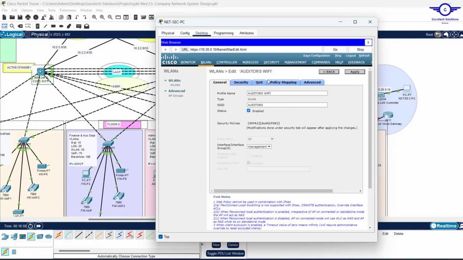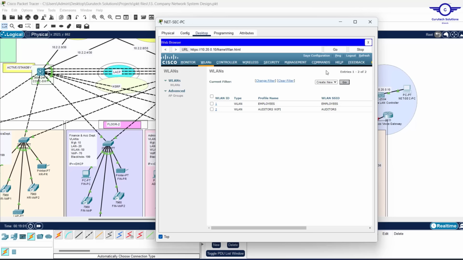Yep, so that has been saved. So let's go and create 2 more wireless networks. For that, I'll do it very, very fast because I believe you've seen how it's done. Also, you can modify any wireless network here. For example, we want the profile name to be like Auditors Wi-Fi, Employees Wi-Fi. So just click on this one here, and you just modify the profile name. Then I come back and create the 2 other